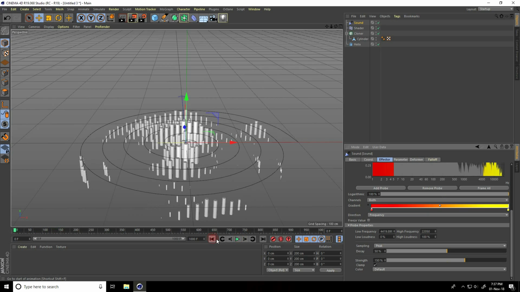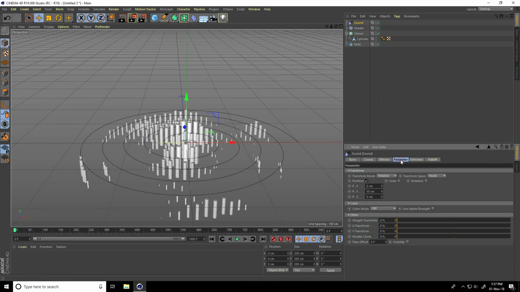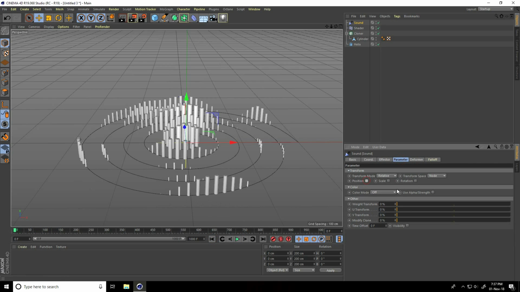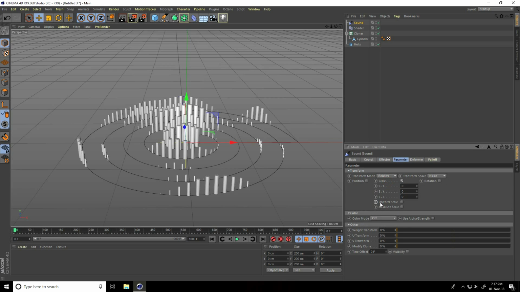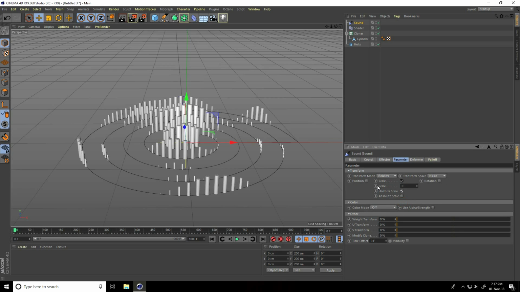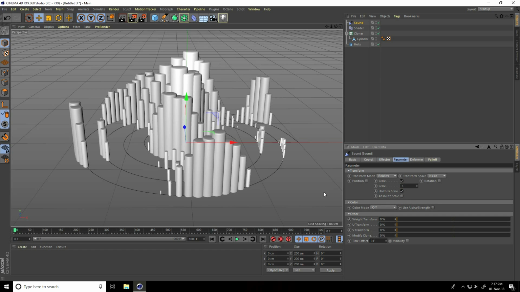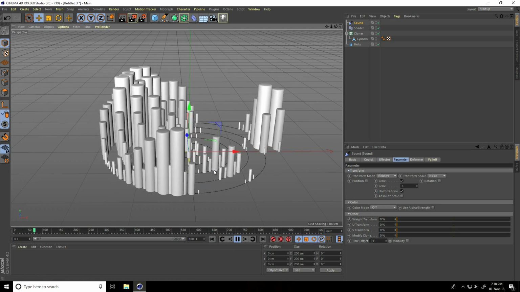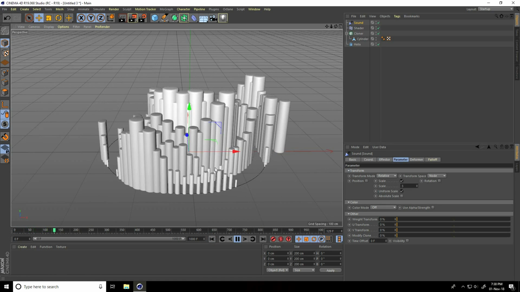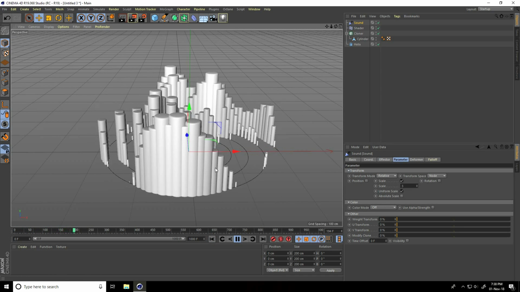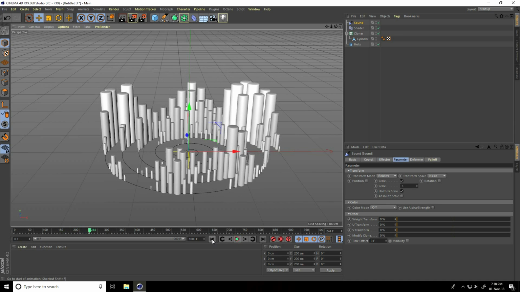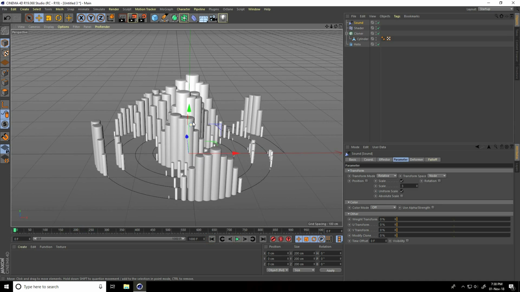Okay, so back, guys, I go on parameter, position uncheck, scale size check, and uniform scale check. Guys, scale take like 3. Yes, guys, this is better.